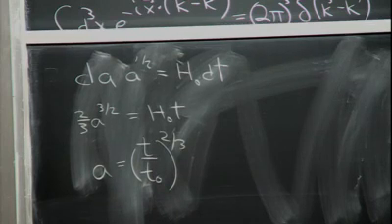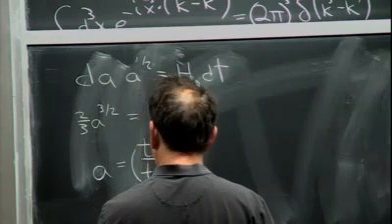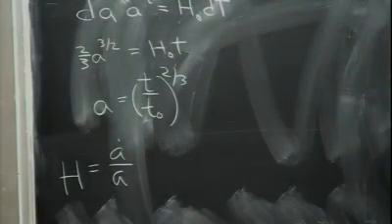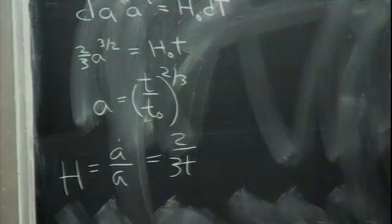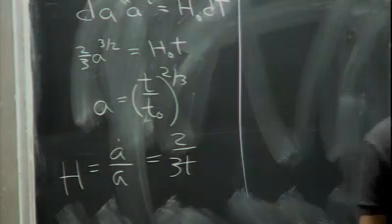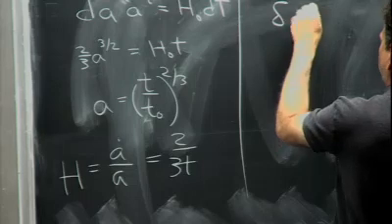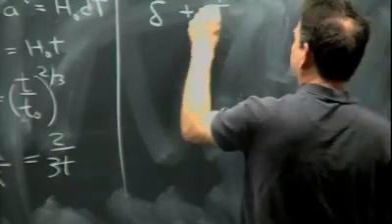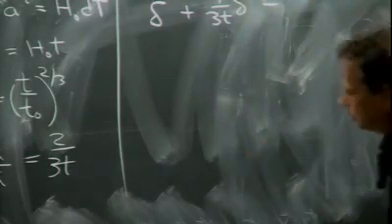Questions? Okay, since that's true, we can immediately calculate the Hubble rate, which is a dot over a. When you take a dot, you just get 2/3 over t. And so H is just equal to 2 over 3t. So what that means is we can immediately reduce that second-order differential equation. It's delta double dot plus twice H. Twice H is 4 over 3t times delta dot. And then it's minus